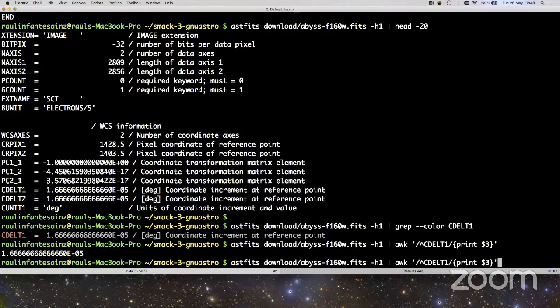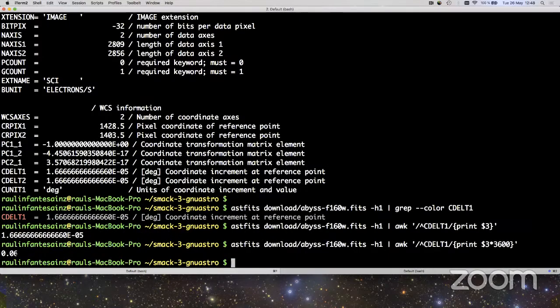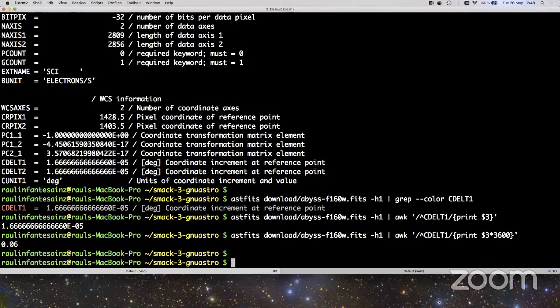If we want to operate with this, just to show arcseconds per pixel, we can multiply the value here by 3600, and you will obtain the pixel scale of this image in arcseconds per pixel. Okay, so this is very useful when taking data directly from the command line. So it is not only possible to get data, but we can actually modify the content of